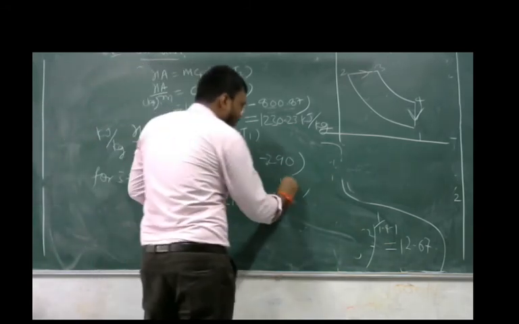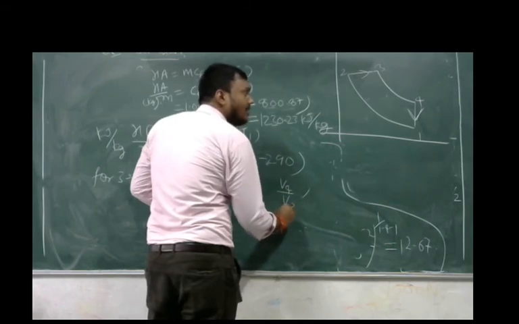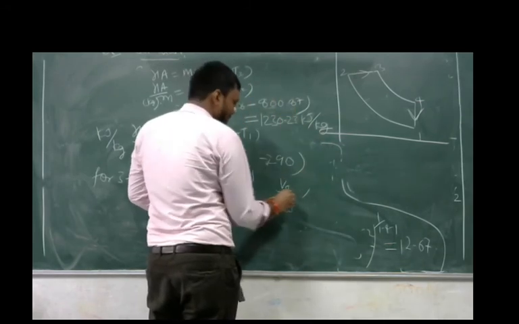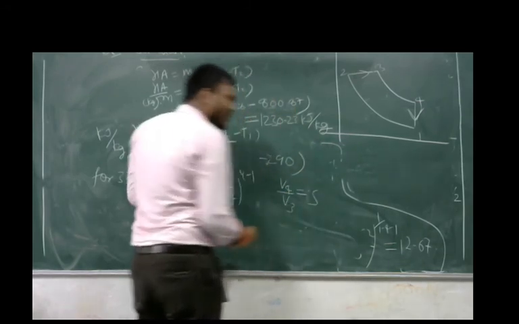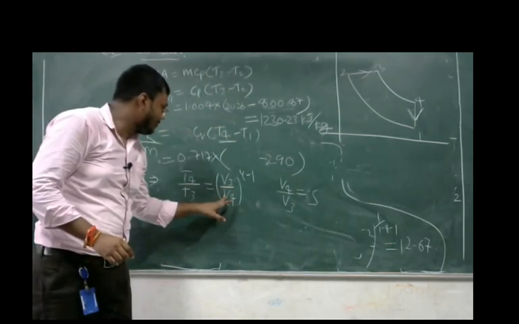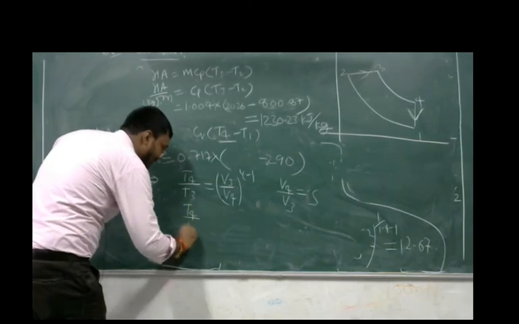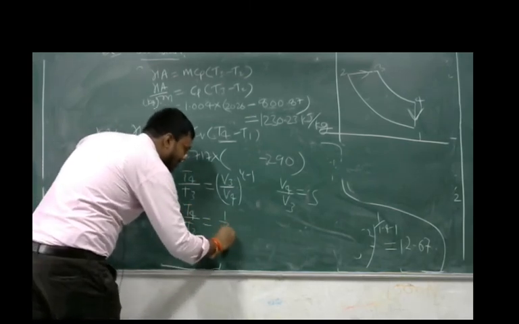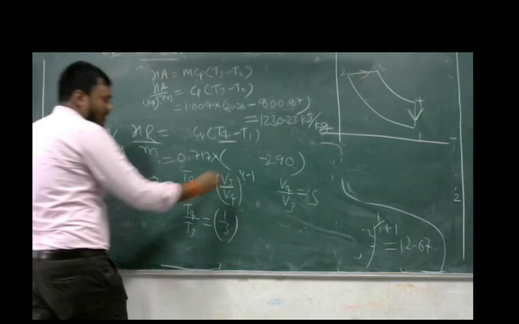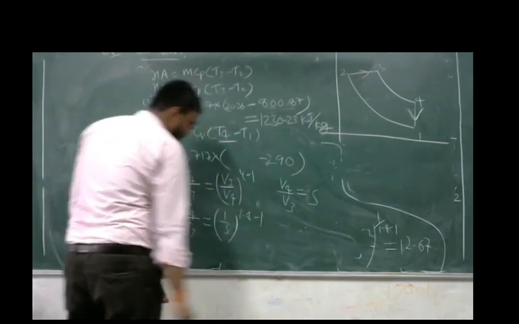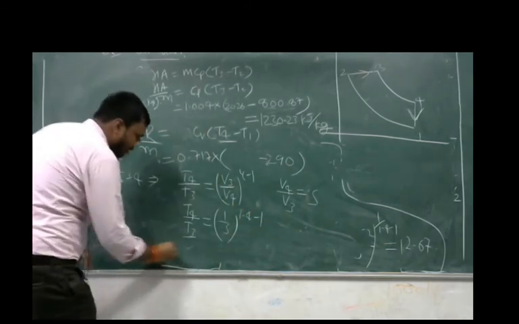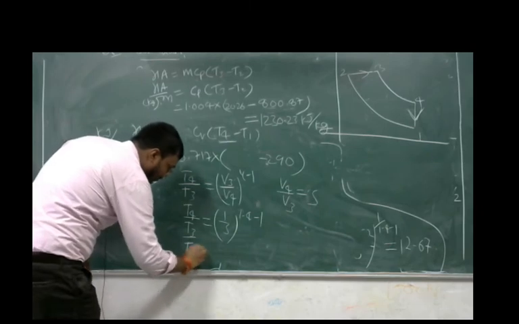It is given in the question V4 by V3 is equal to 5. So V3 by V4 should be equal to 1 by 5. T4 by T3 equal to (1 by 5) to the power gamma, that is 1.4, minus 1. So here we know the value of T3,